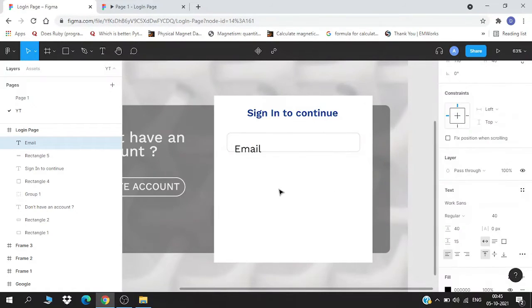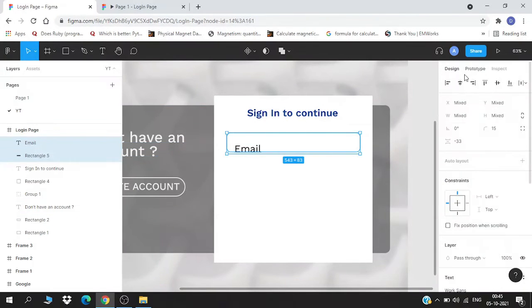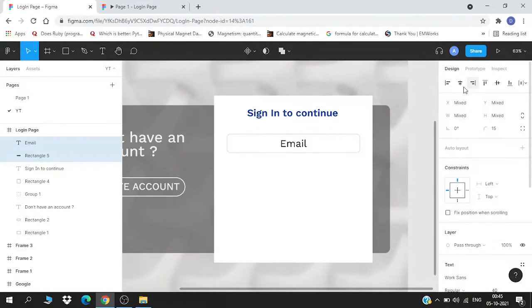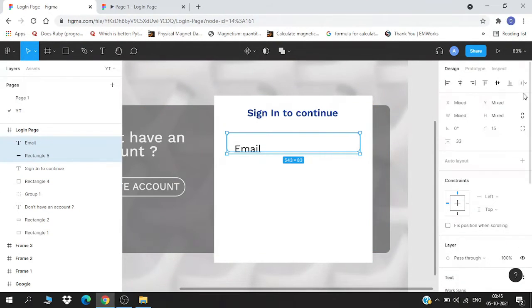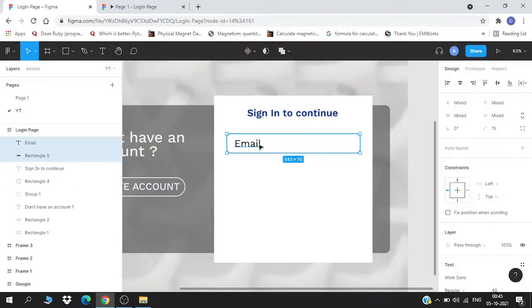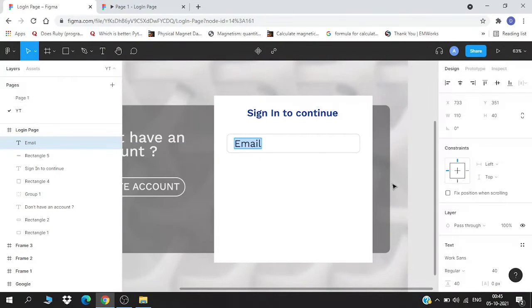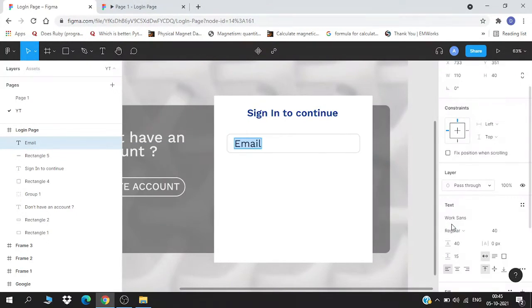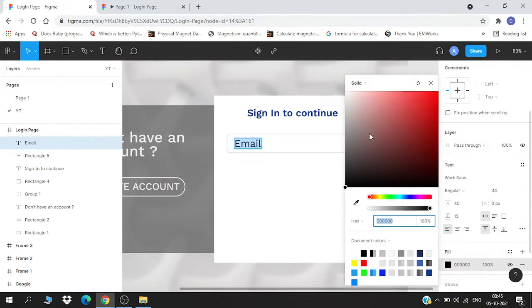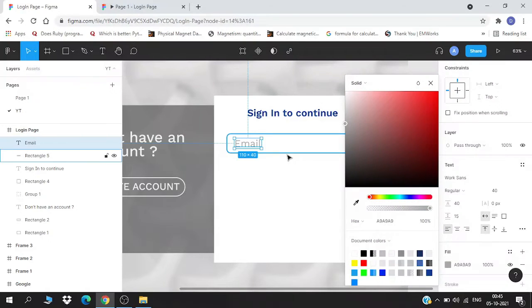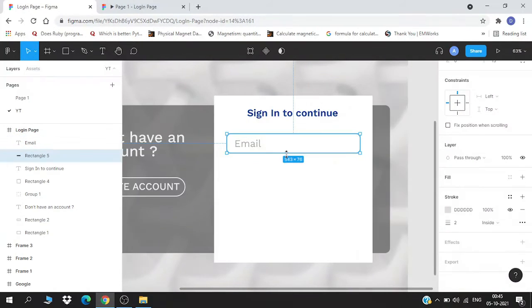That's too light. We'll give it a regular look, and we will align it again. I'm sure you guys are now very familiar with alignment, how it works. If you have any problem, just drop it in the comment section and I will reach out to you individually for sure. Okay, so again we can copy the color.